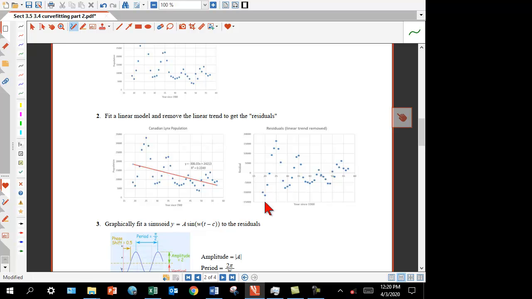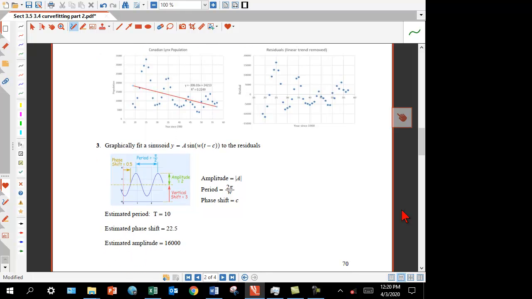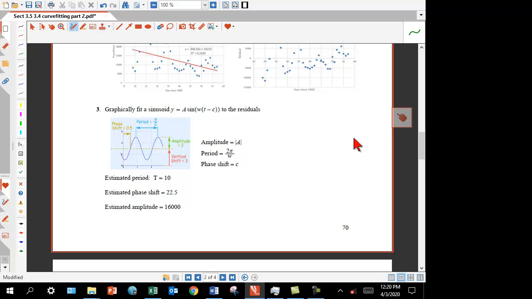And you still see this up, down, but now the overall downward trend has been removed. And so now, from this point on, it becomes a new problem, basically: how do I fit this seesaw, decaying sinusoidal looking variation? So we're going to use a sine function because that's the kind of thing that I'm most familiar with that